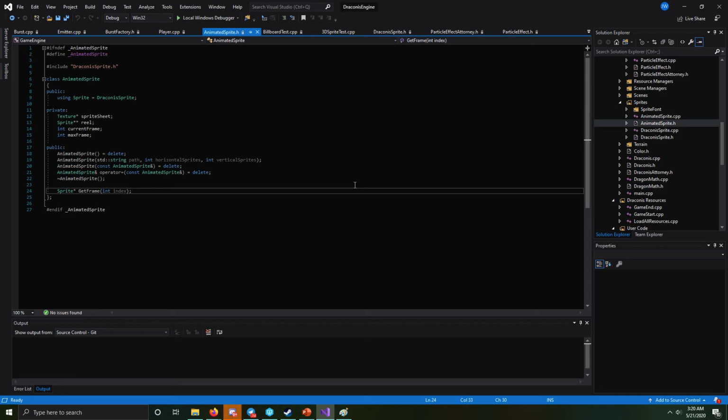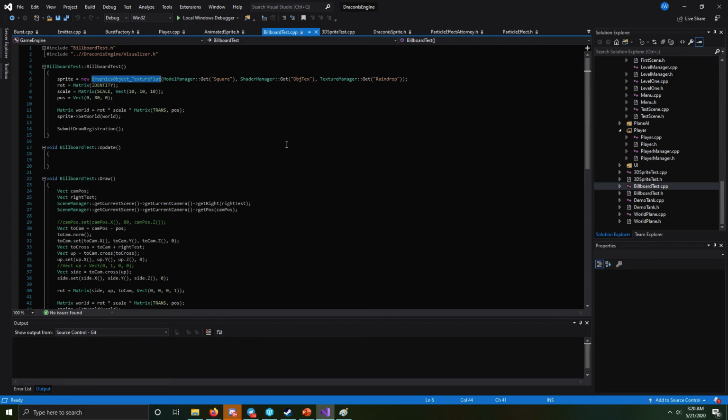So, we can't apply Draconis sprite to a 3D object, because, again, it's a 2D image on the HUD. The billboarding uses the graphics object texture flat. The problem here is that the graphics object texture flat takes a texture, whereas the sprite takes an image, and